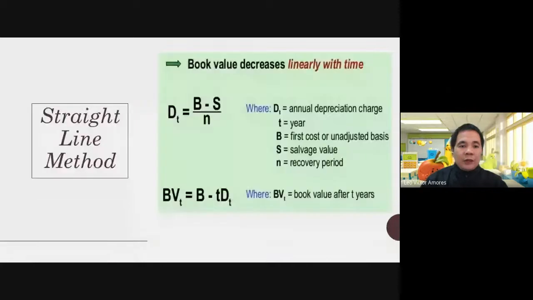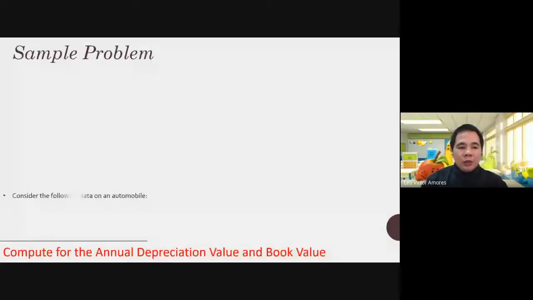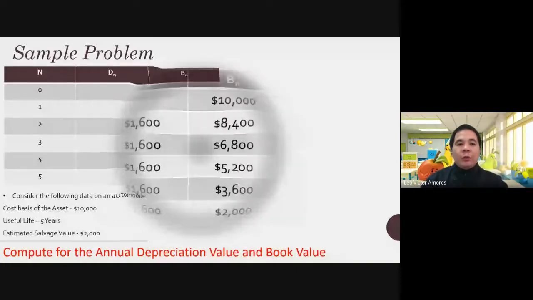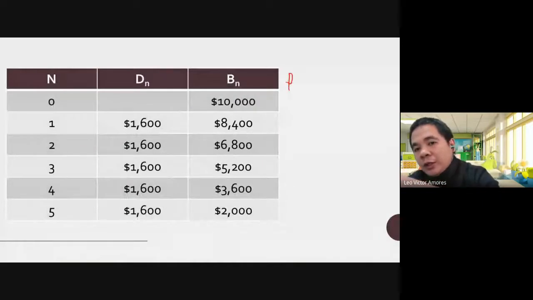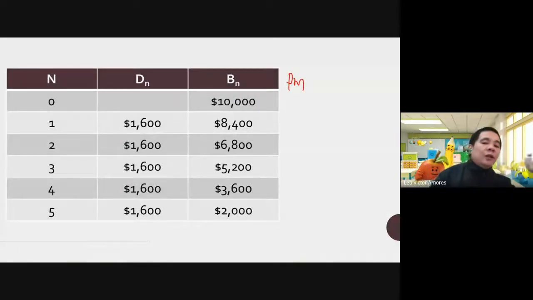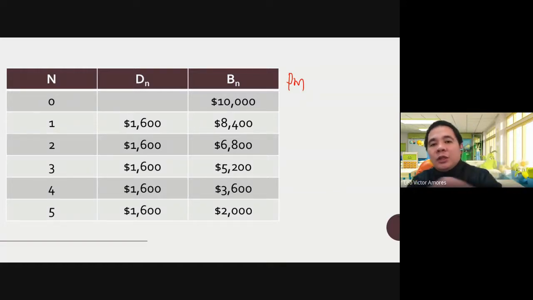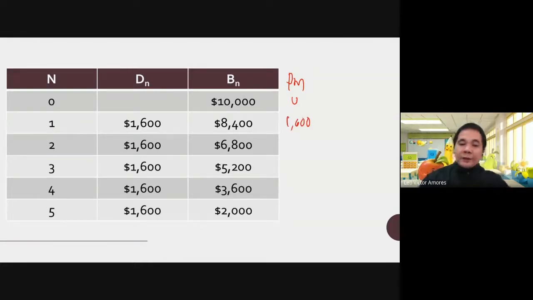But for straight line method, based on my pre-recorded video, I was not able to point out what is the accumulated depreciation. So when we say accumulated depreciation, actually it refers to only the summary of all the depreciation or the sum of all of the depreciation on a yearly basis. So say for example, your accumulated depreciation on year 0 is 0, and on year 1 that is 1,600. Okay? And then on year 2, your accumulated depreciation is the depreciation from year 1 plus the year 2, which is